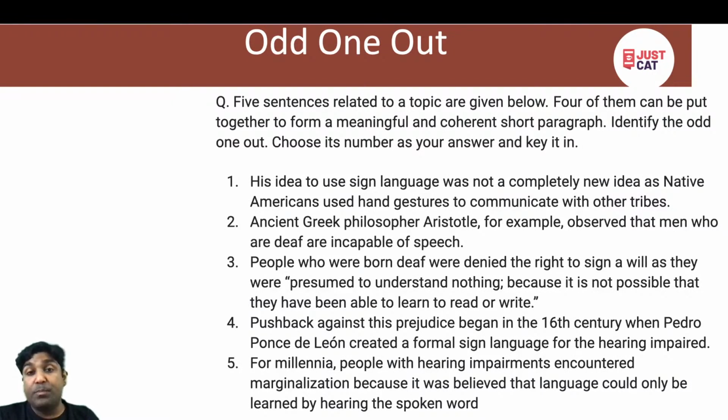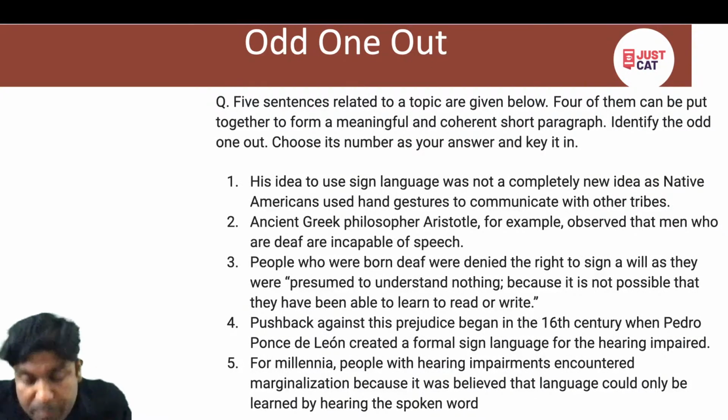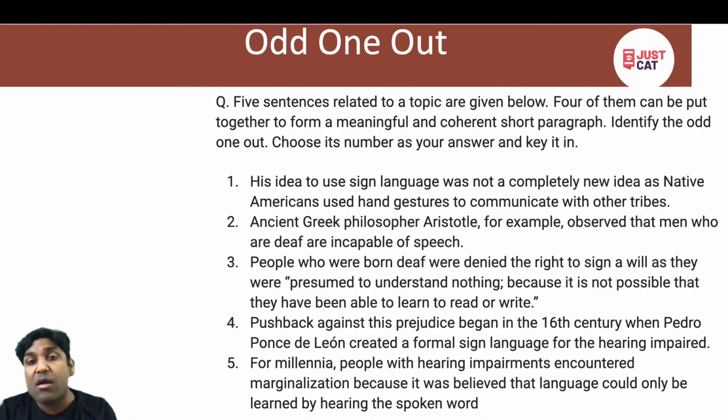Push back against this prejudice. Prejudice can be an injustice or a bias or a preconceived notion. Now presumed was assumed. So it refers to a preconceived notion and an assumption which has not been verified. So there's a very high chance that this word prejudice, which has a negative connotation, means having certain preconceived negative notions about others,